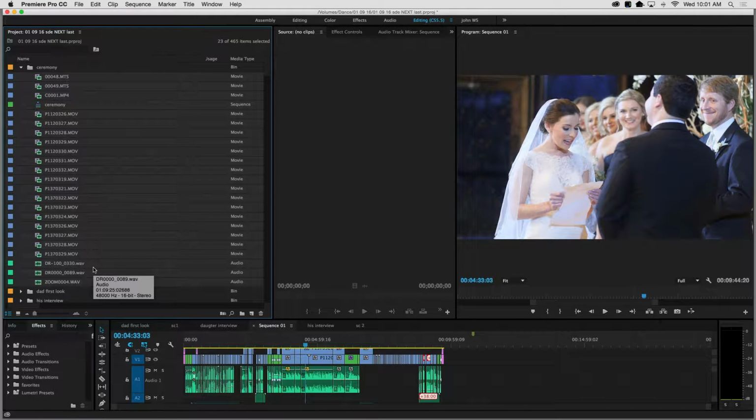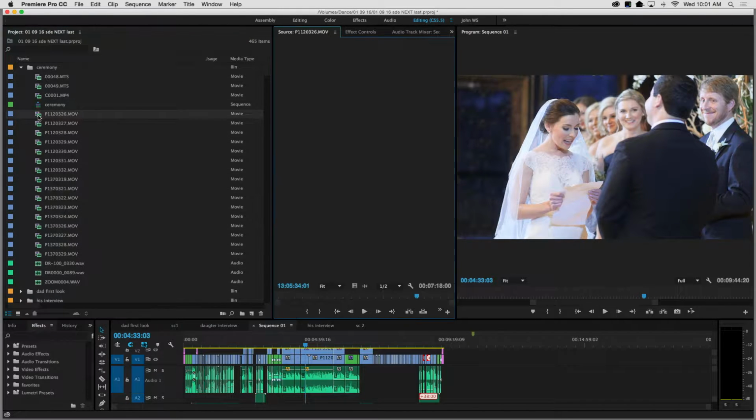I'm going to shift select ceremony, or no, I'm not going to select ceremony. This is the multicam I've already done, so you can't sync a multicam with a multicam. There we go. So selected everything except for the ceremony multicam. That's all of the angles associated with the video, and these three here are the Sony that Chris was shooting with